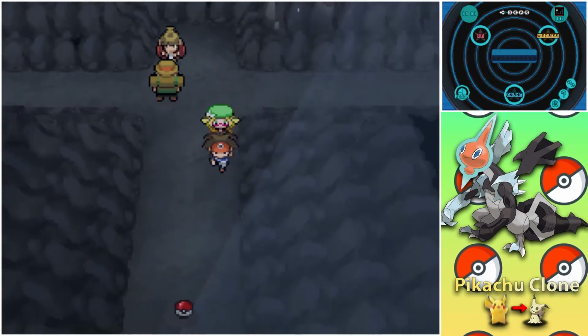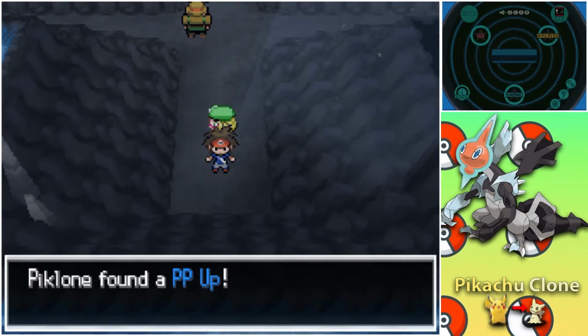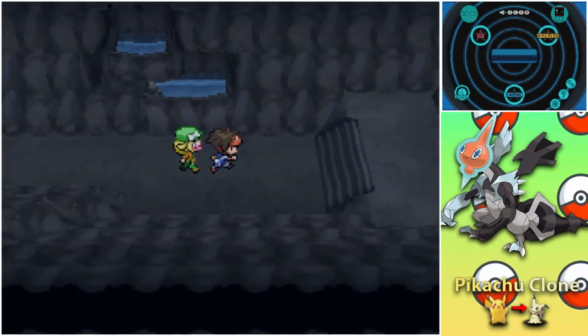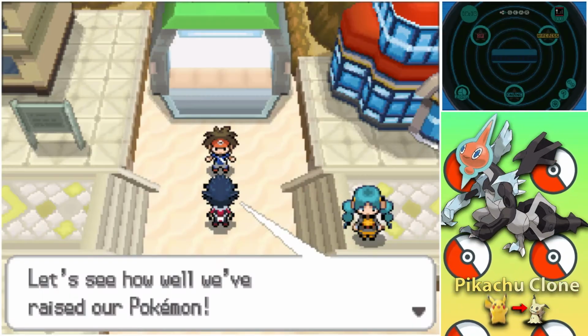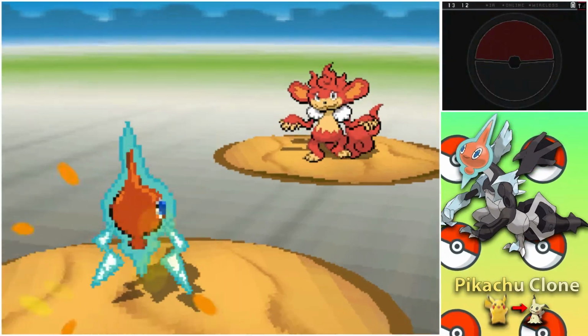Regardless, let me know down in the comments if you'd prefer that I restart the battle if Rotom faints in a situation like this one, or if you think it's fine to let our partner try to finish the battle if we faint. After arriving at Undella Town, Hugh challenges us to a battle, and we get destroyed on the